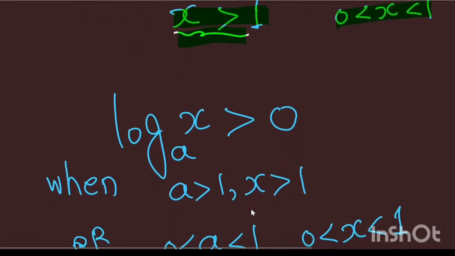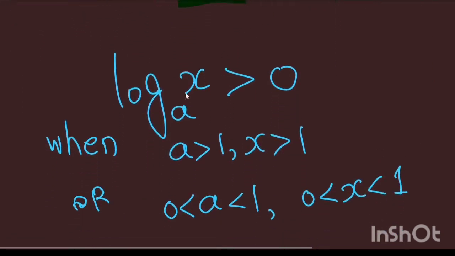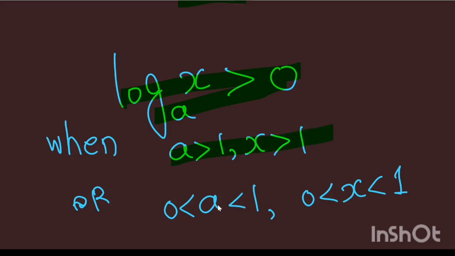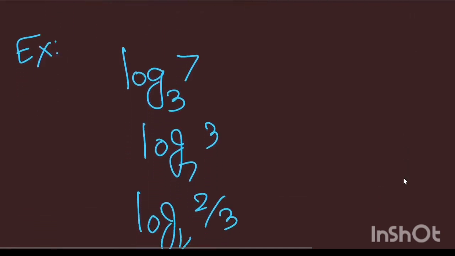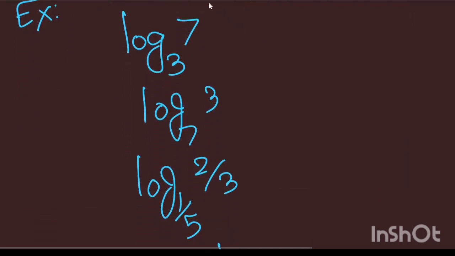So we can write it like this: log x base a is positive when both are greater than 1 or both are lesser than 1. Simple to understand, I think it is simple to learn and remember. It's not a big deal. And if I ask you what are the signs of these? So as you can see here